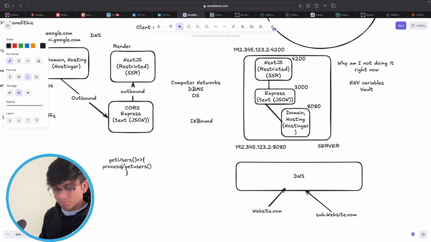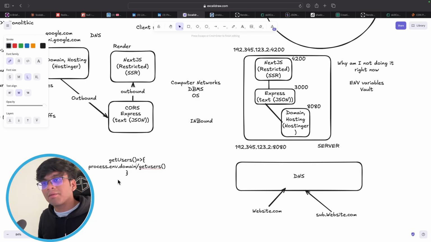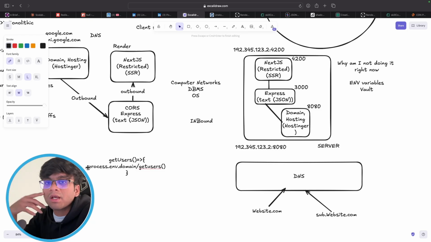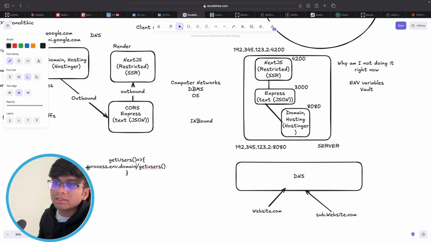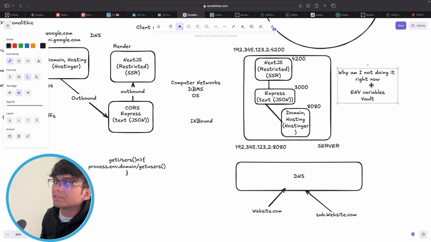Maybe if you don't know process.env, don't go into the coding part. So process.env.domain, maybe, and this can be changed. What we do in industries is we don't even save this particular thing in the file or .env. We bring it from a dynamic store called Vault. If you want to research that, you can go out and research that particular part of the project also. But this is the particular thing which is giving me hurdles to change this complete architecture,